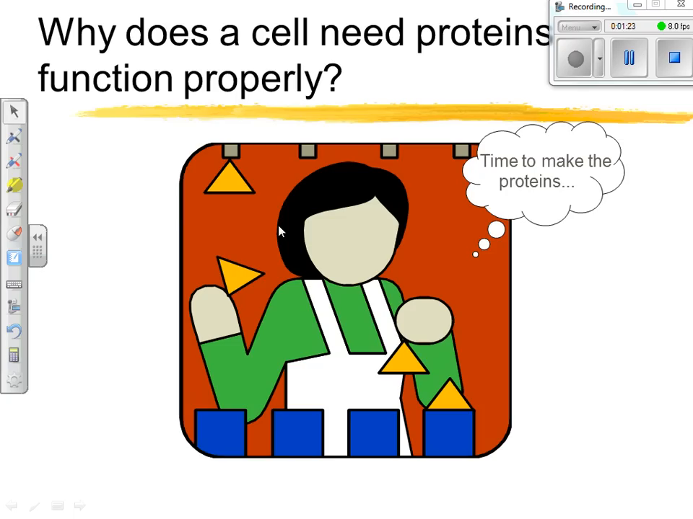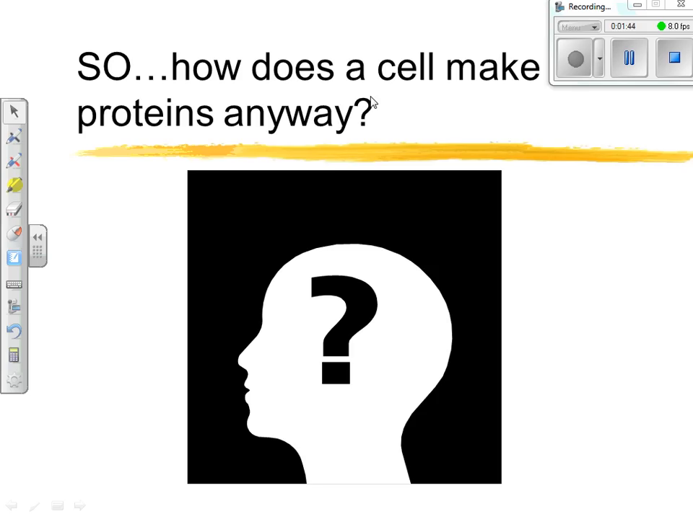Okay, why does a cell need proteins to function properly? The cell needs proteins because proteins are, remember, the building materials for a cell. Also, enzymes are proteins, and enzymes regulate chemical reactions that occur in a cell. So, how does a cell make proteins? Well, we know